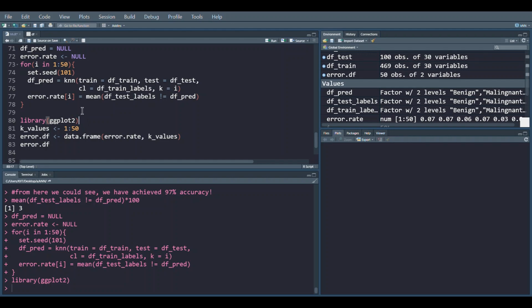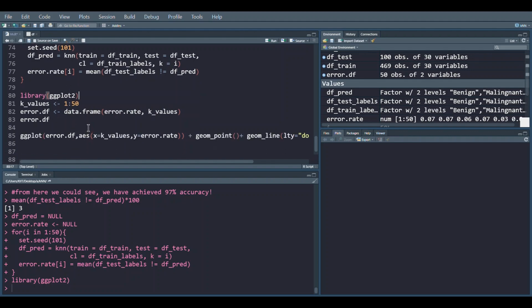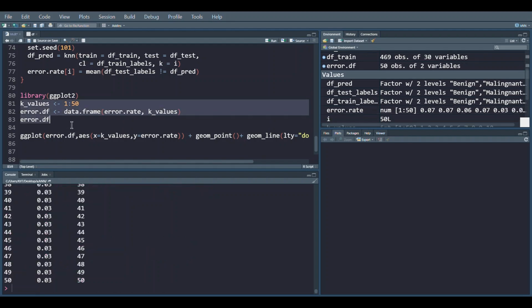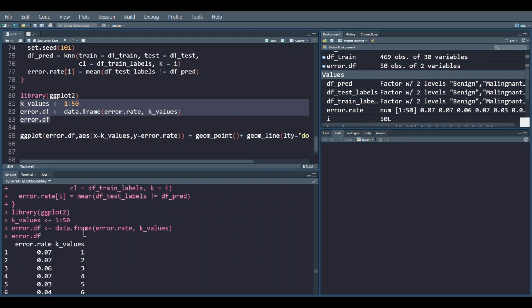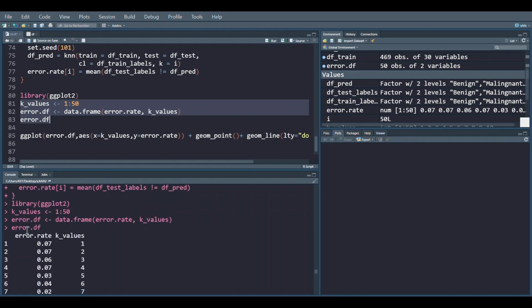So now we would be plotting for every value of k the error rate which it has generated. Let us first run this command. You could see first we had assigned k values 1 to 50. Then we made a data frame with the error rate procured from the for loop function.